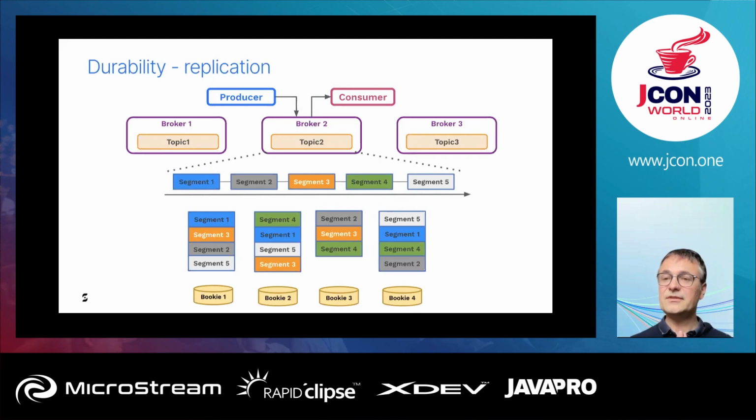And it's important to note that the storage model is completely different from the Kafka storage model. The Kafka storage model is a partition-based model, whereas the Pulsar storage model is a segment-based model, which is quite orthogonal. And here you have a replication factor of 3. So every segment is replicated on 3 different bookies. So if I kill one bookie, the bookie 2, for example, then I still have all the segments in the other bookies, so I haven't lost any data.